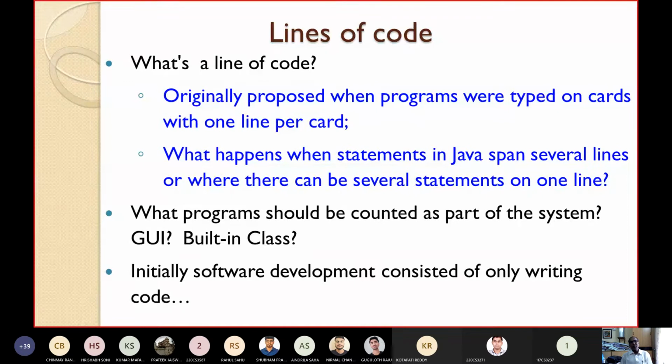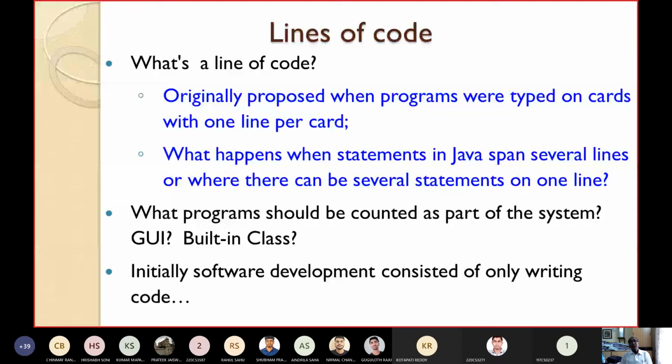The emphasis was only on writing the actual code for the main program. So that's why lines of code was manageable. But nowadays, the size of the GUI in some cases is more than the size of the main program. So in that case, LOC will fail. It may be applicable only to traditional software.